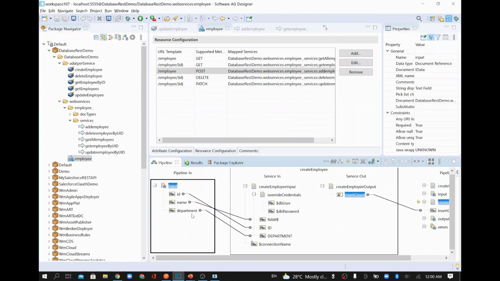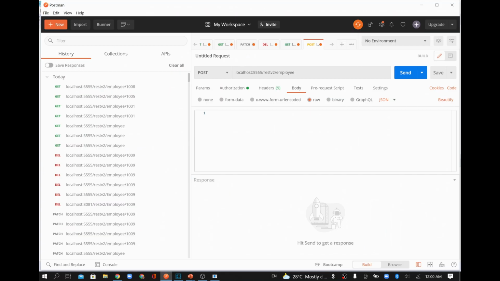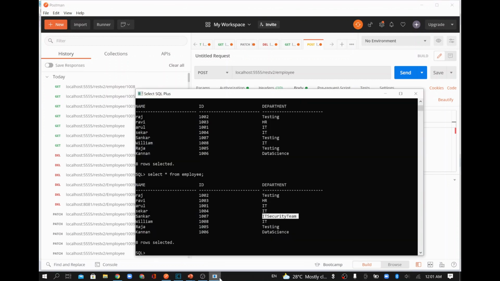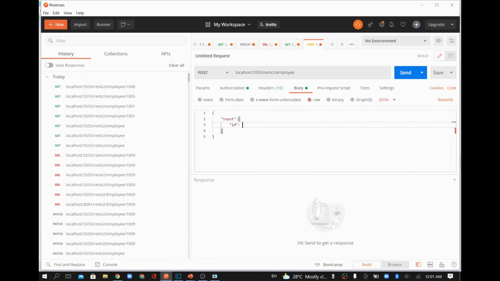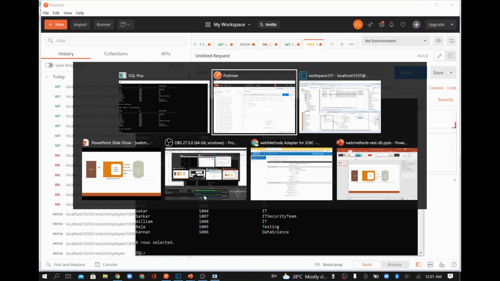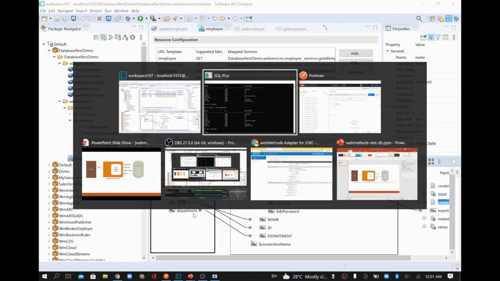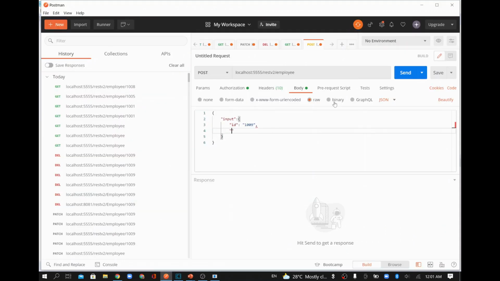Here I'm going to pass the entire structure, which is nothing but input colon and then an object, and it has 3 fields: ID colon, and I'm going to pass some new information. So how many records do we have? We have 8 records. I'm going to insert another record, the 9th record. So I'll just keep this value as 1009 comma, and the next field is name, in our input name and department are all small case. I'll give that data name comma,